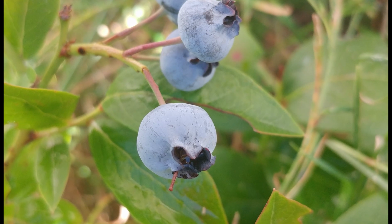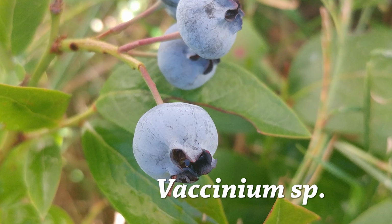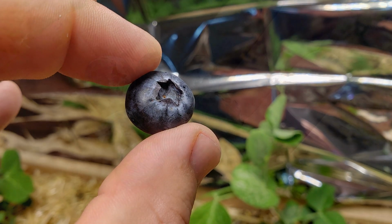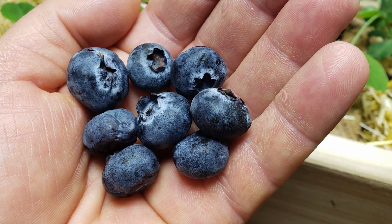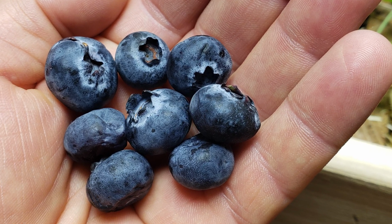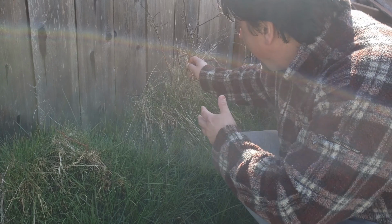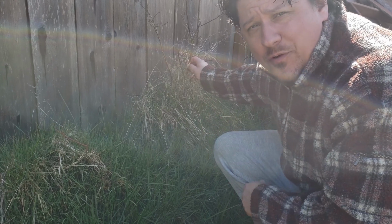Blueberry plants. One of North America's greatest native fruits. Super low maintenance and predictably prolific, blueberry plants can augment any backyard garden. But what do you do if your blueberry plant begins to fail because it's being taken over by grass and